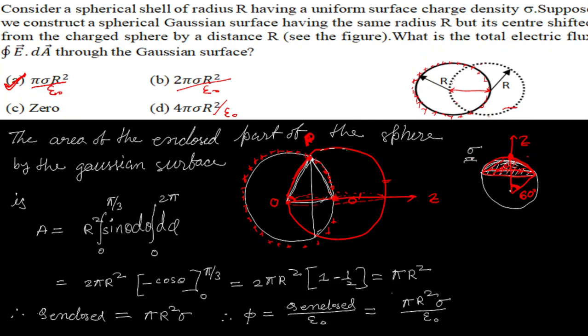Now the charge per unit area is sigma, so the charge on this area will be this area times sigma, and since it is a Gaussian surface, a closed surface in this case, the flux will be Q enclosed divided by epsilon naught. So the correct option will be option A. Okay,